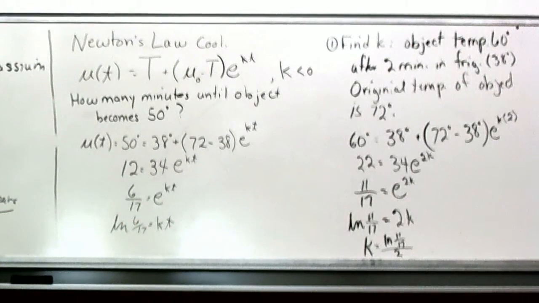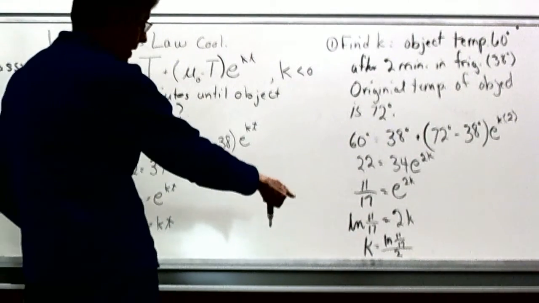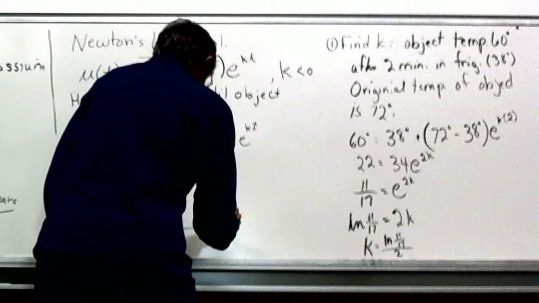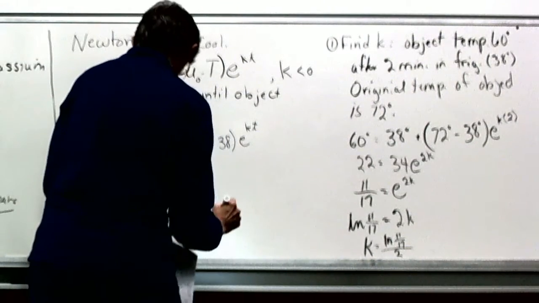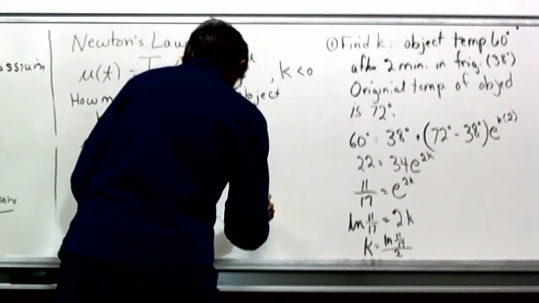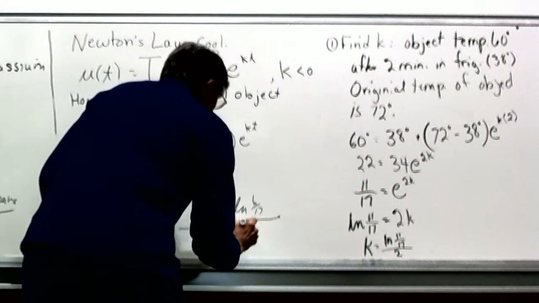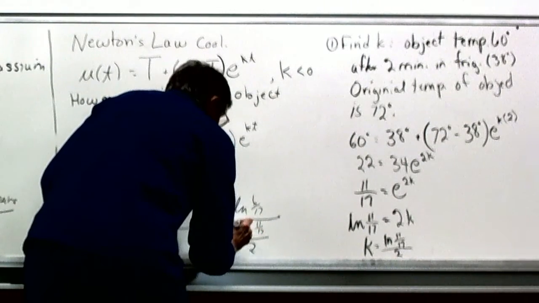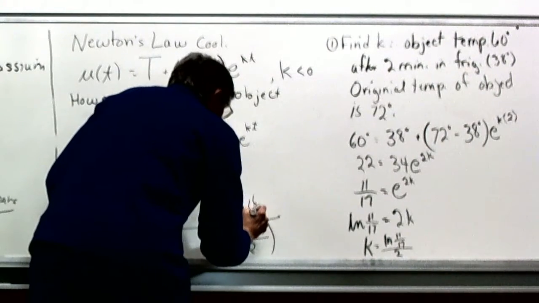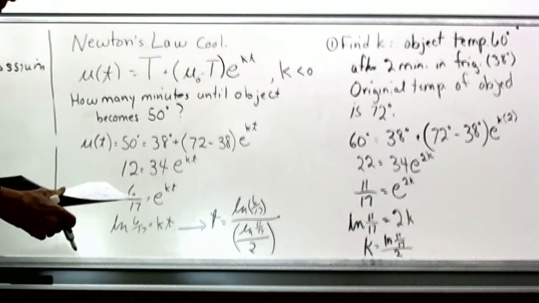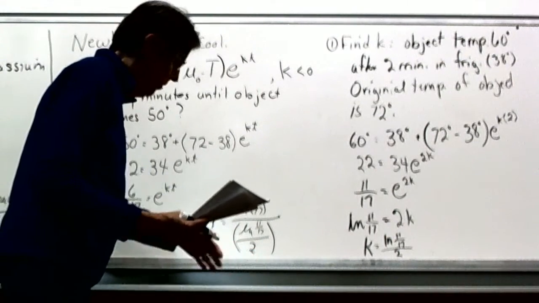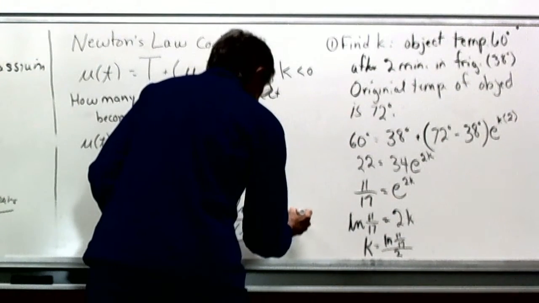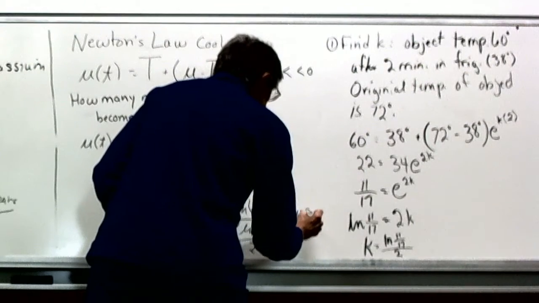And now we're just going to divide by k, our constant, over in the first step. So let's put it over here. We'll have t then is equal to the natural log of 6 over 17 divided by the natural log of 11 over 17 all over 2. And I'll put that in parentheses just to remind you, when you put it in the calculator, you need to put parentheses around this fraction in the denominator. And this rounds up to about 4.8 minutes